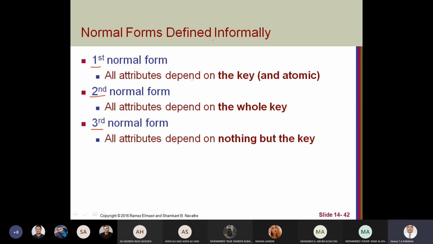First normal form says that all attributes depend on the key, and all attributes should have atomic values. This means if you have a multi-valued attribute, it should be separated into another relation. If you have a composite attribute, you have to divide it into simple attributes. Okay, so almost you will have first normal form if you have all values atomic. Then second normal form, all attributes depend on the whole key. This means if you have a partial functional dependency, you have to divide it or take it into another relation. Third normal form, all